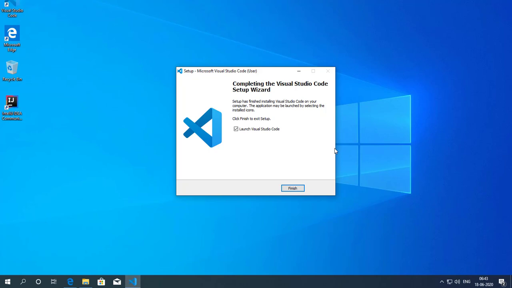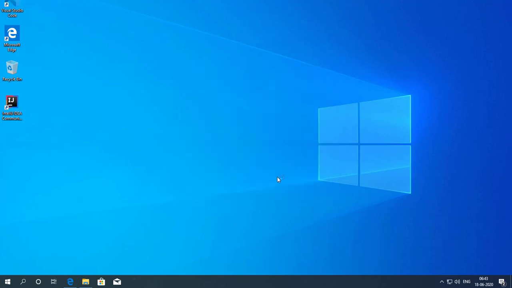So the code editor is now installed. Click on the finish button and it will open the code editor.